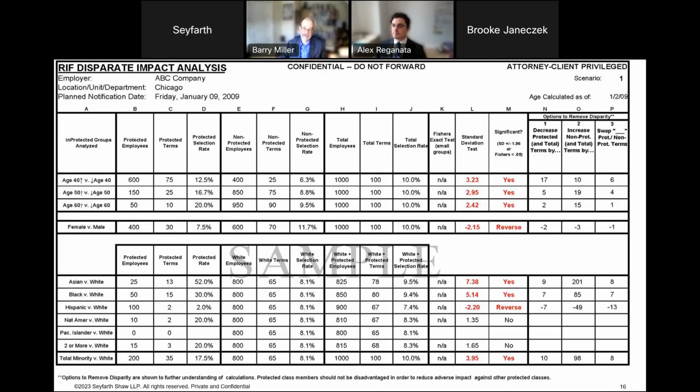In other words, if you were trying to resolve the disparity against women, and the way that you undertook to resolve that disparity was to not lay off a few more women and to lay off a few more men, those men may have a claim against you. So it's a very subtle exercise that really should be undertaken with the benefit of counsel.